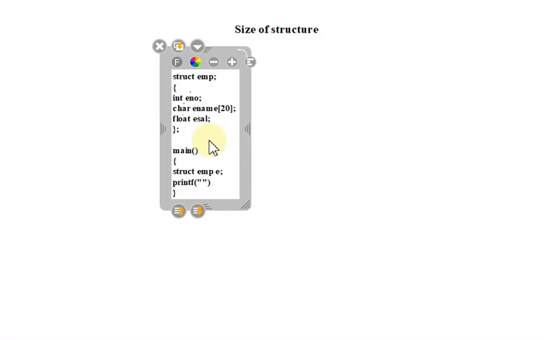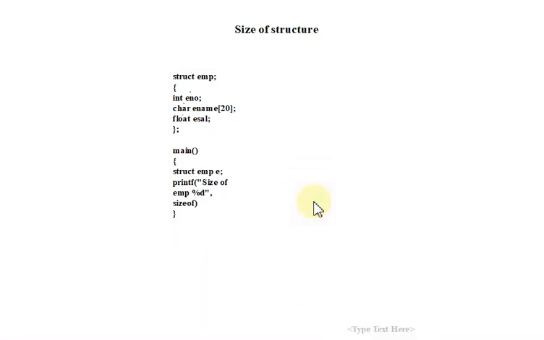Here just write sizeof emp. Now we can say the size must be of the integer type, so we use %d here. To store the size we use %d because it is of the integer type. Now what we need to take is the sizeof predefined function, and we can go with two different methods.